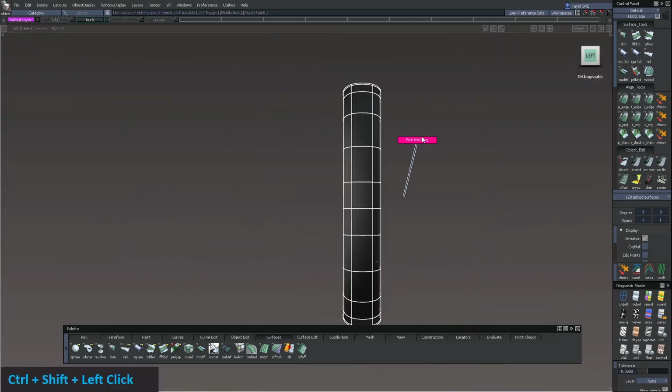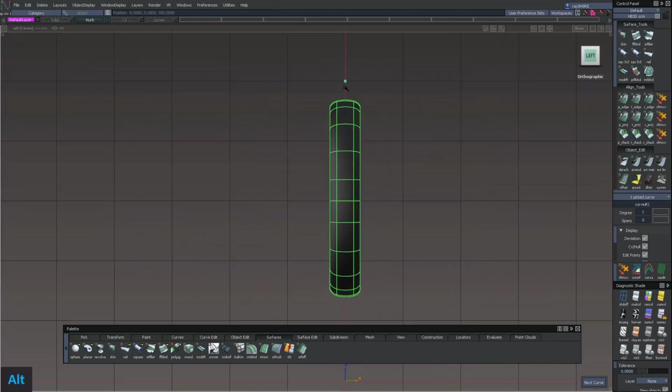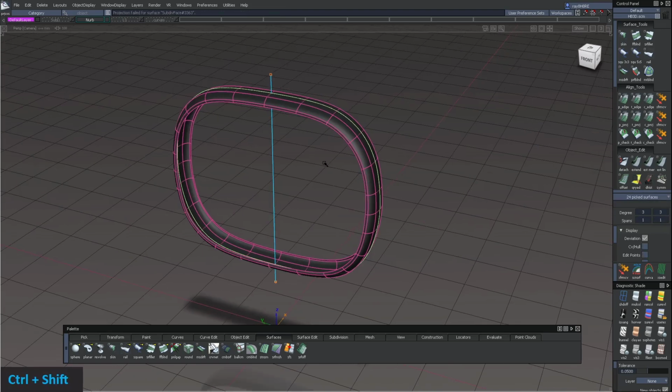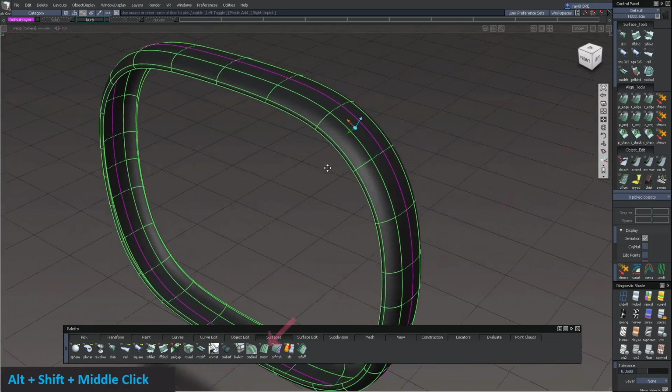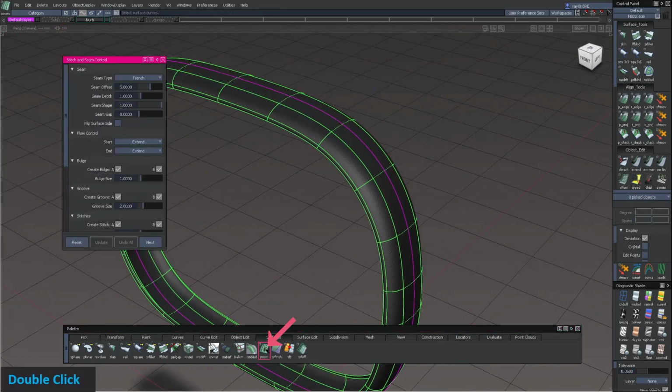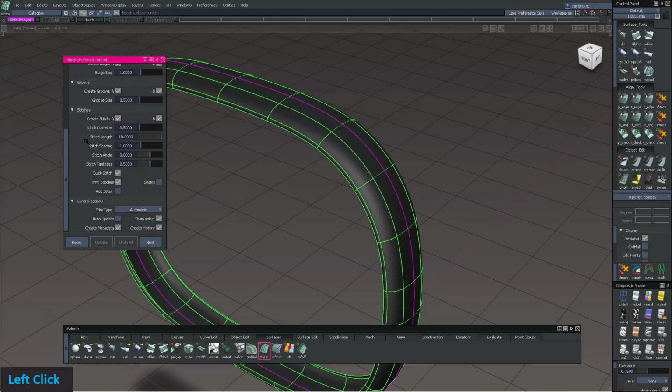So now I want to add some stitches along the outer edge of the steering wheel. So first I'm going to add a curve and project it so I can have a curve on surface to actually put it in. And then I'm going to activate my tool, which is under the Surfaces tab, and it's called Stitch and Seam. And the seam type is going to be French, and then the seam offset is the distance between the middle and where the seam starts. And for the stitch length, I'm going to go down to 2,